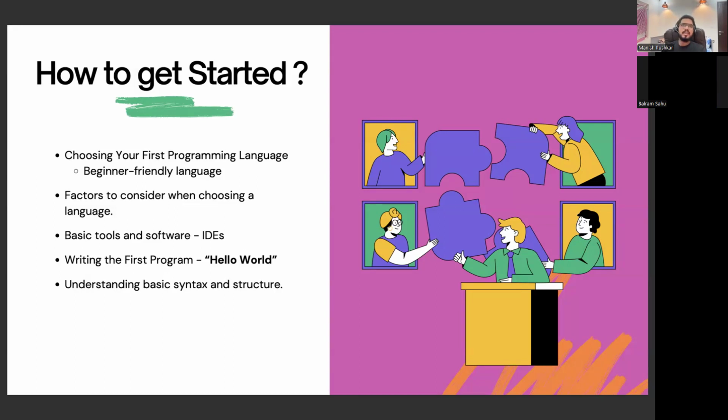ये देखो कि कम्युनिटी किसकी स्ट्रांग हो रही है, ठीक है, रिसोर्सेज किसके ज्यादा अवेलेबल हैं, ठीक है. अगर मैं सीखना स्टार्ट करूं, what will be easy for me to get started, किस चीज को मैं अच्छे से सीख सकता हूं और धीरे धीरे आराम से उसमें ग्रोथ भी मिल सकती है मुझे. And the second thing will be कि if I learn this particular language, if I learn this particular skill, what is the demand of it in the market?